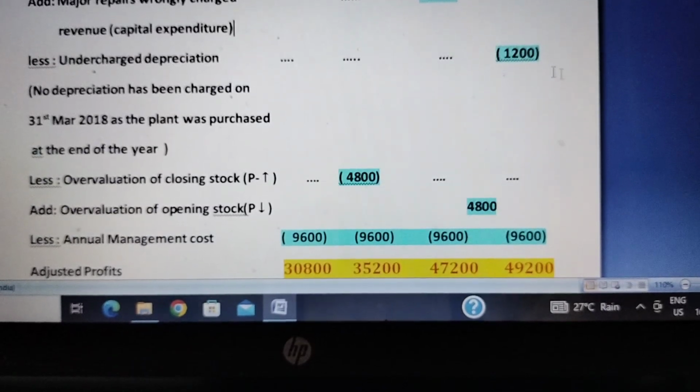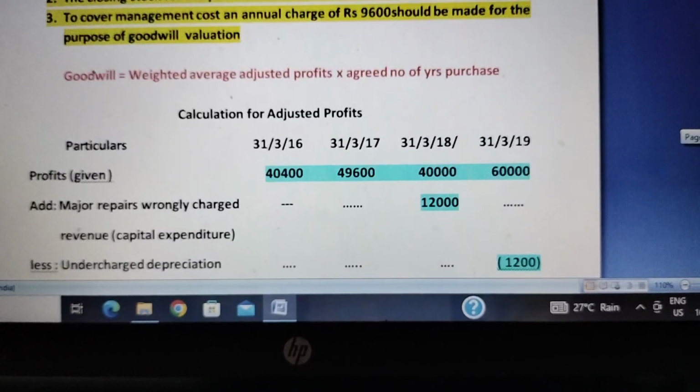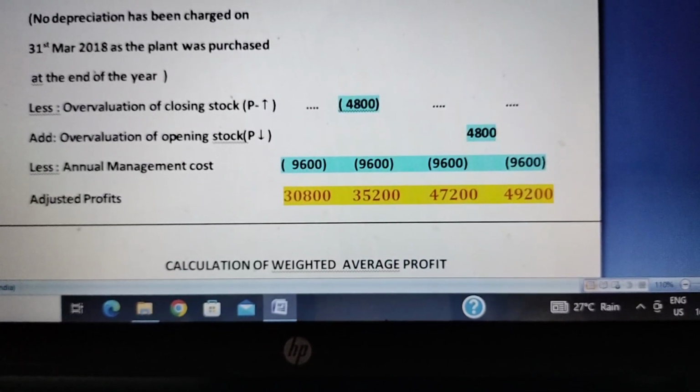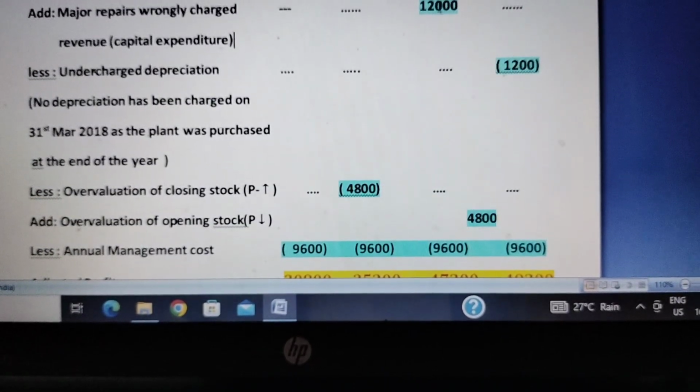So the value of the asset is 12,000. And on this the rate of depreciation is 10% on the reducing balance method. So 10% of 12,000 is 1,200. If you had already charged depreciation in 2018, okay, the answer would have been something different. If you have charged depreciation in 2018, then while calculating depreciation for 2019, what you have to do is you have to deduct. Suppose the depreciation for 2018 is